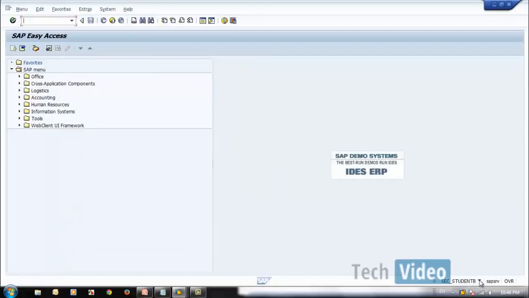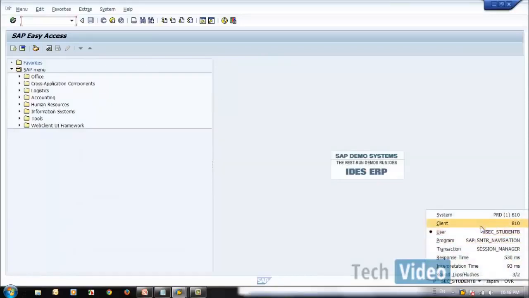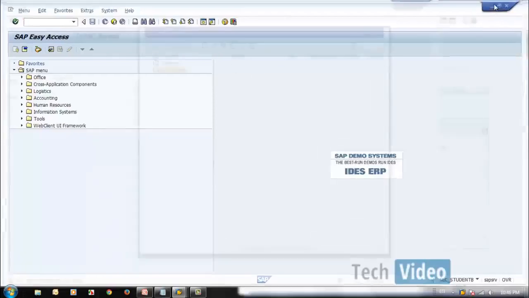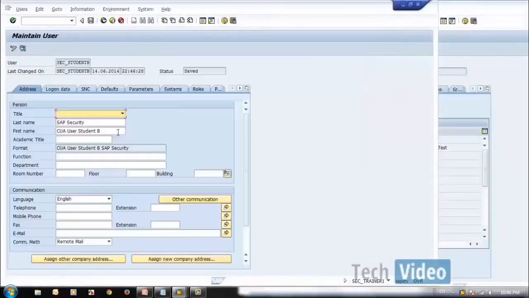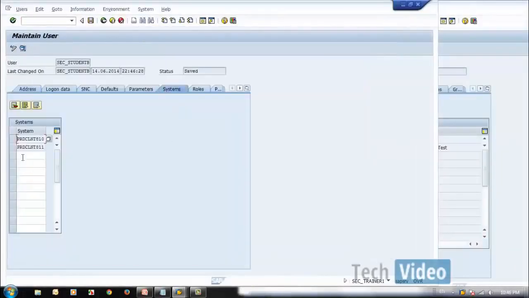So right now I am logging into client 810 with the user student B. So it's very easy. You just have to go and simply select the system and extend to that specific system. Okay, this is the systems tab to create the user master.